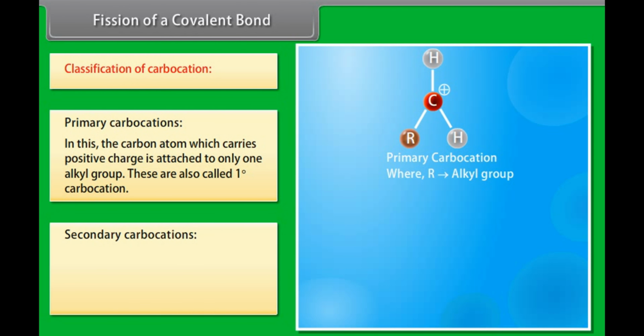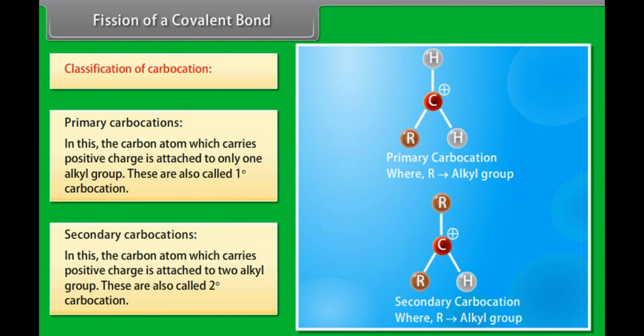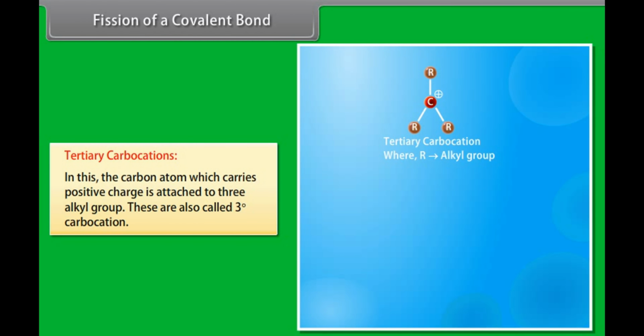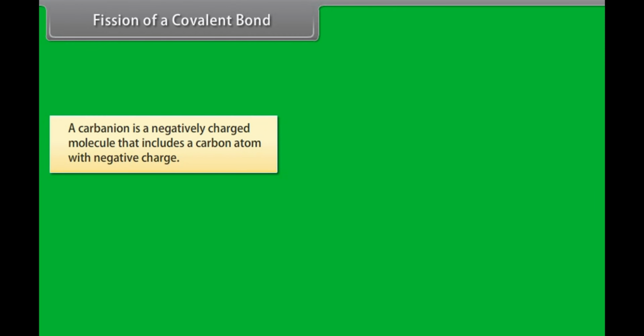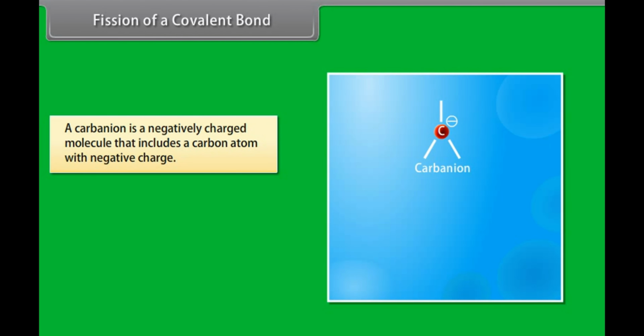Secondary carbocations. In this, the carbon atom which carries positive charge is attached to two alkyl groups. These are also called 2-degree carbocation. Tertiary carbocations. In this, the carbon atom which carries positive charge is attached to three alkyl groups. These are also called 3-degree carbocation. Order of stability of carbocations is: